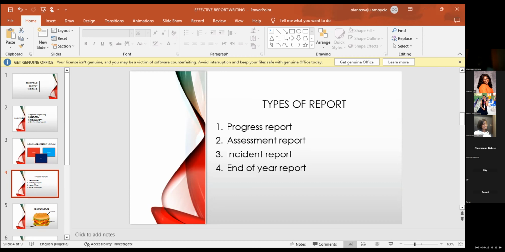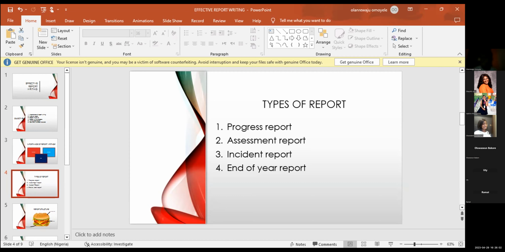Assessment report, that's our normal assessment, when you do maybe your first assessment, your second, your first CA or your second CA or your third CA or your fourth CA or your fifth CA, however many CAs you do, it is that assessment report. That's okay, my child scored. So you have those subjects, you have the grade, and say, okay, in this subject, your child scored 40% or 50% or 60% or 70%.